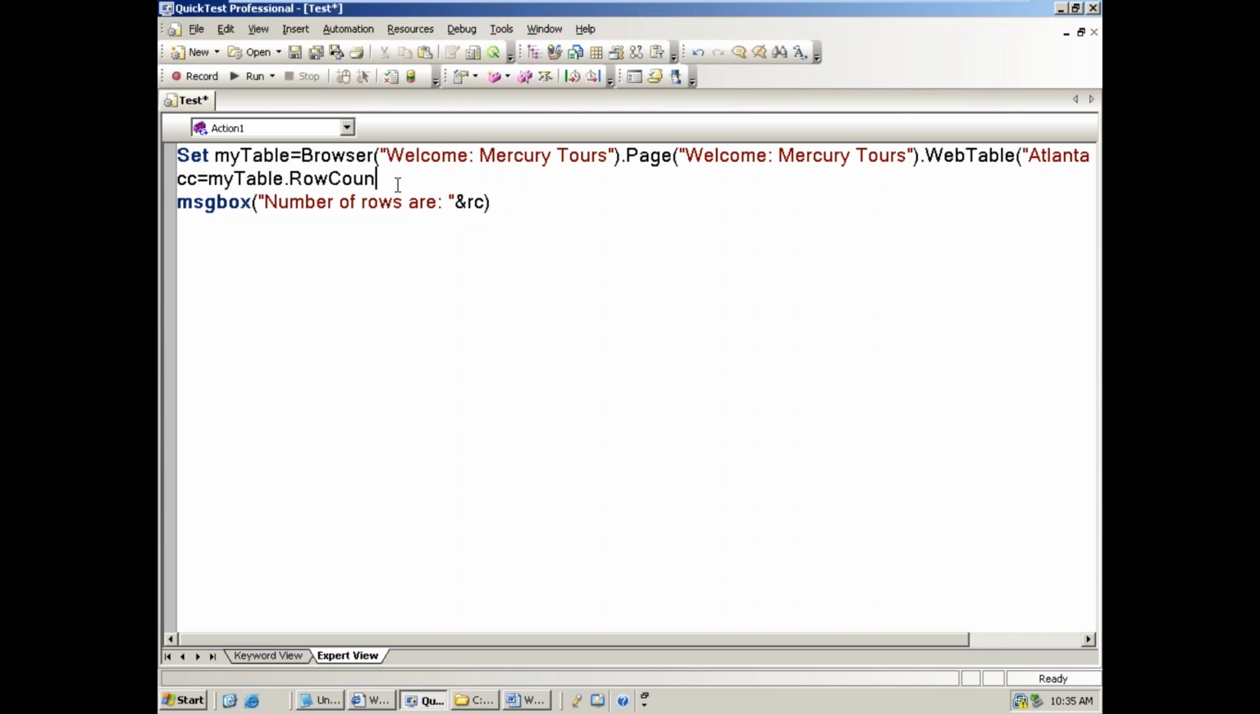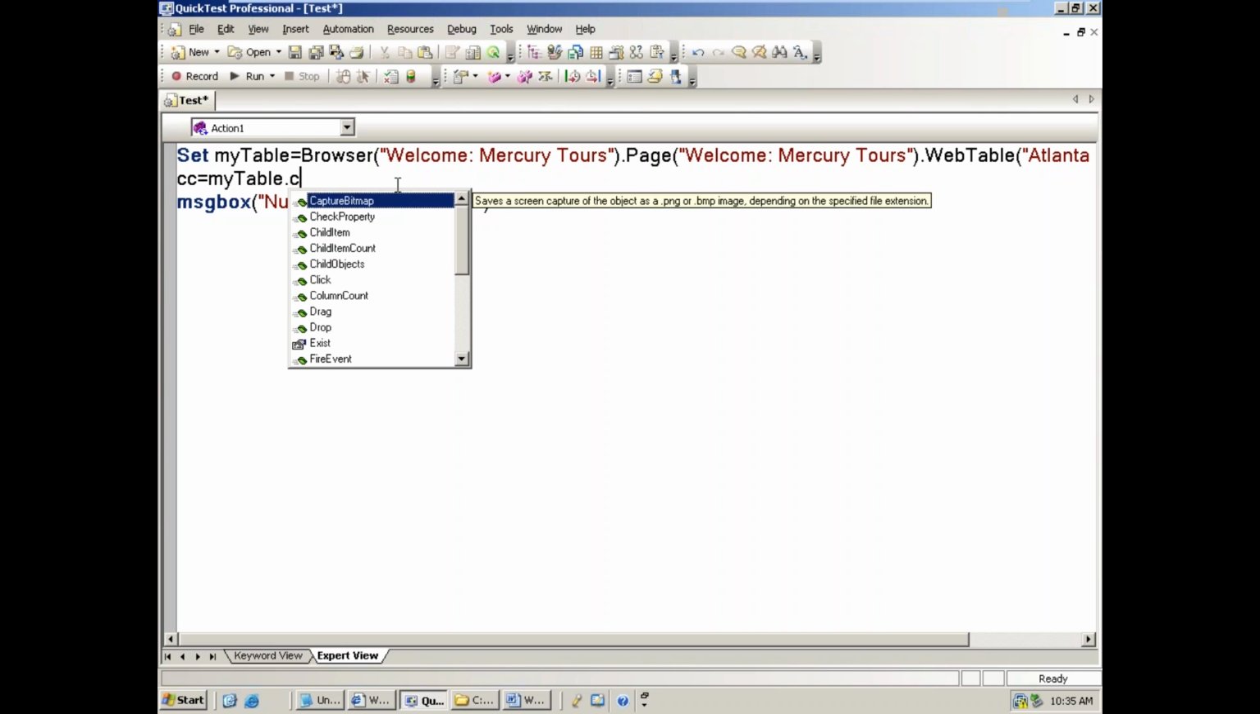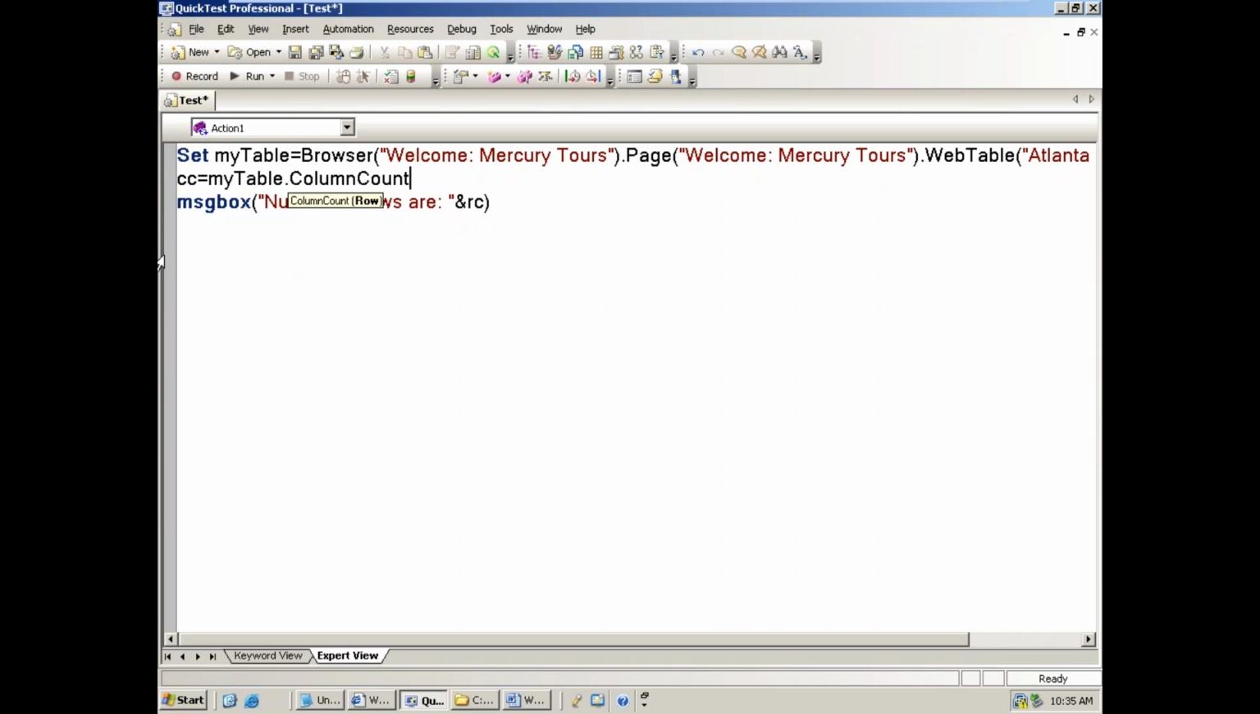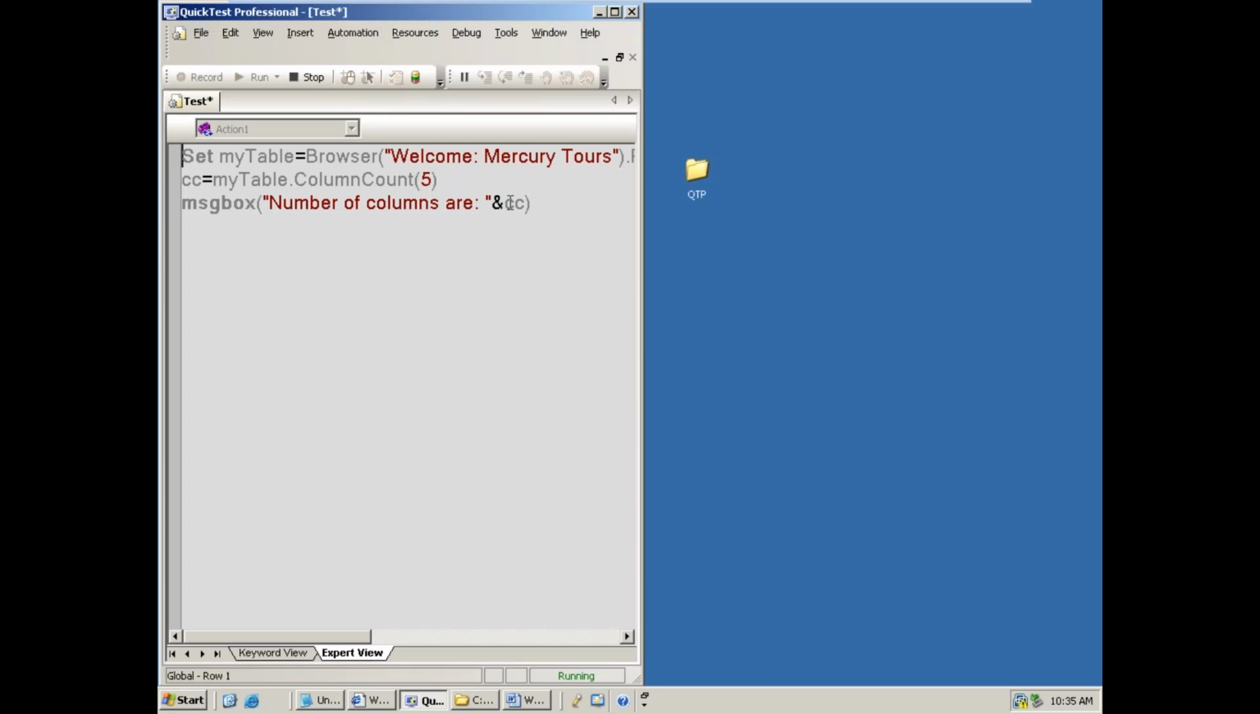Instead of row count, what should I use? I should go for column count. Now it asks which row do you want to find? I want to find in the fifth row, so go for 5. The number of columns are CC. If I run it,